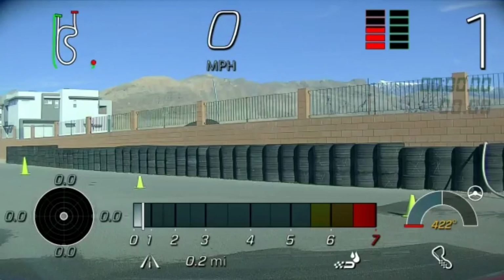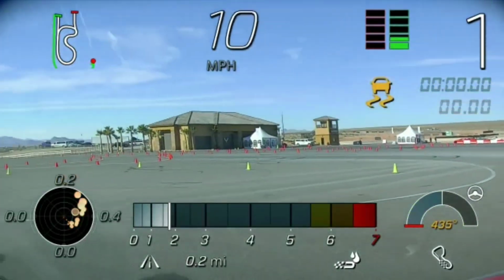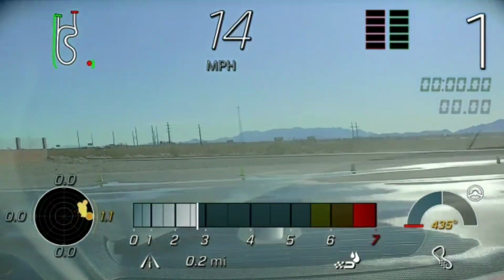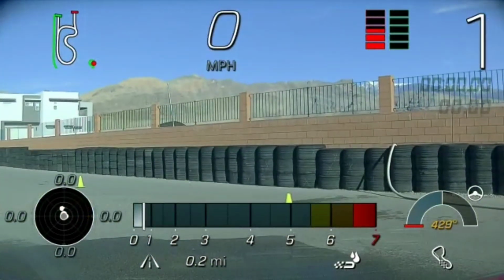So now we're going to do the same thing you just did, but the car's not going to spin out as much. So give it a try. See how it's cutting the power? Yeah. Good. Come to a stop right there. Perfect. Okay. So let's go back to